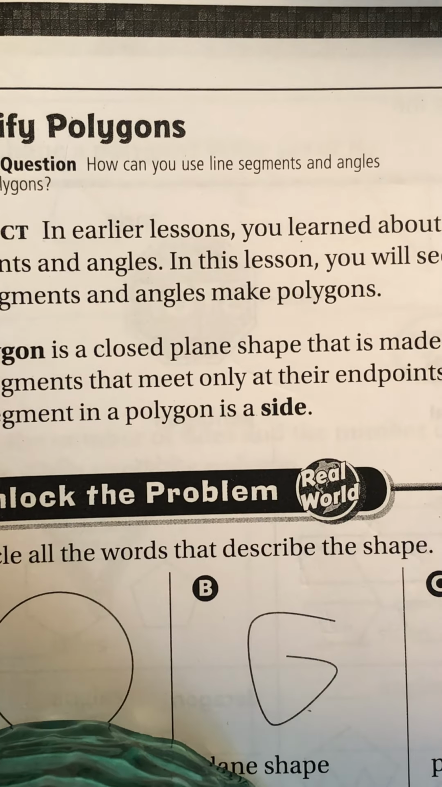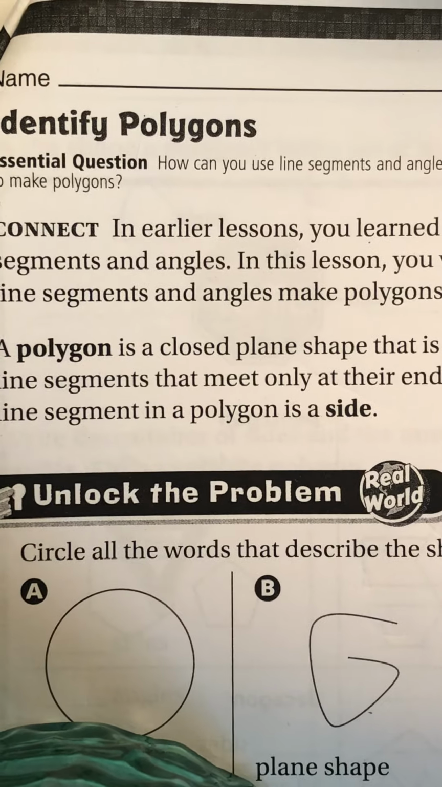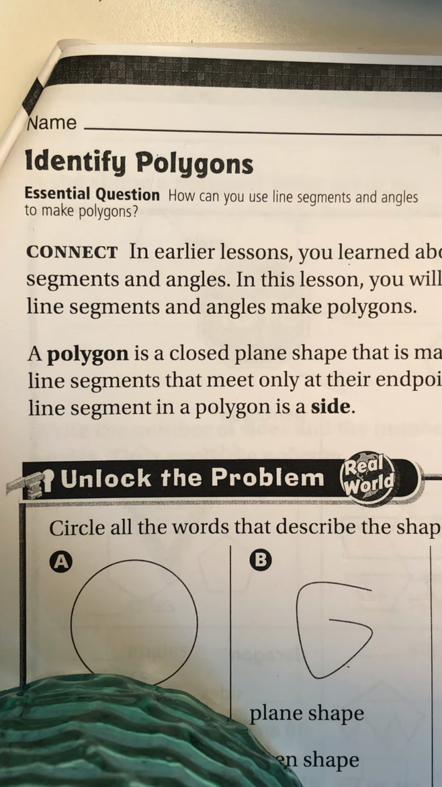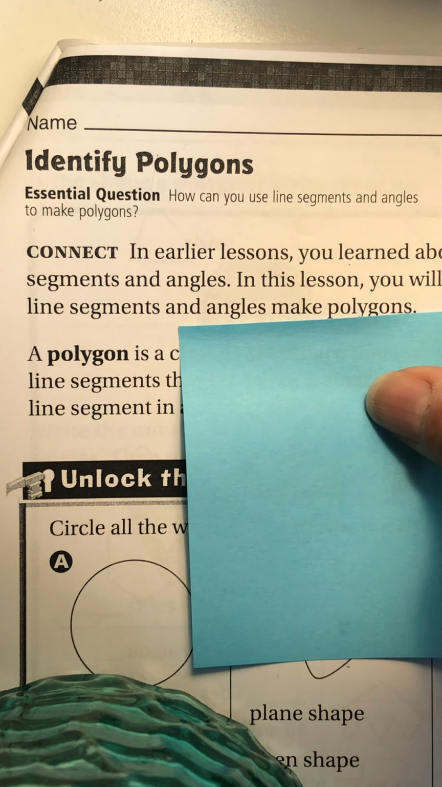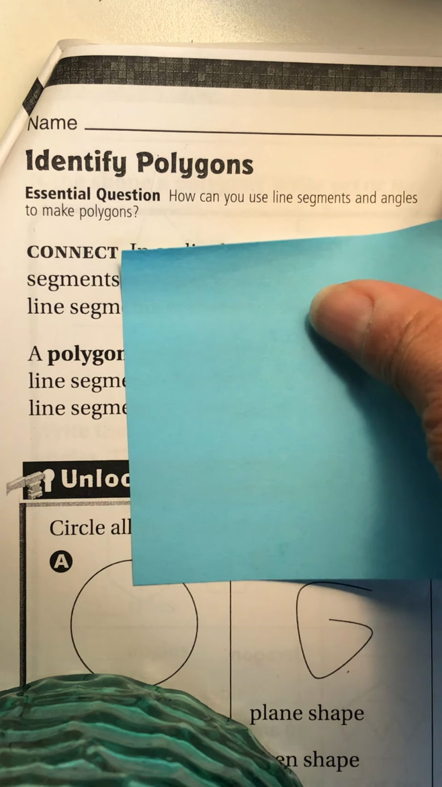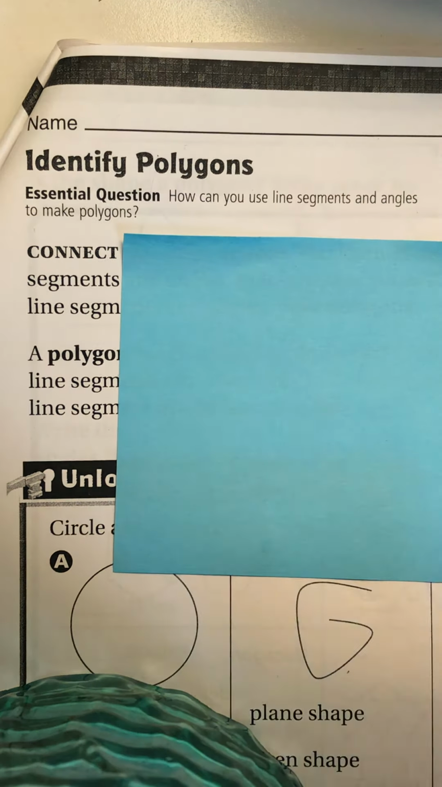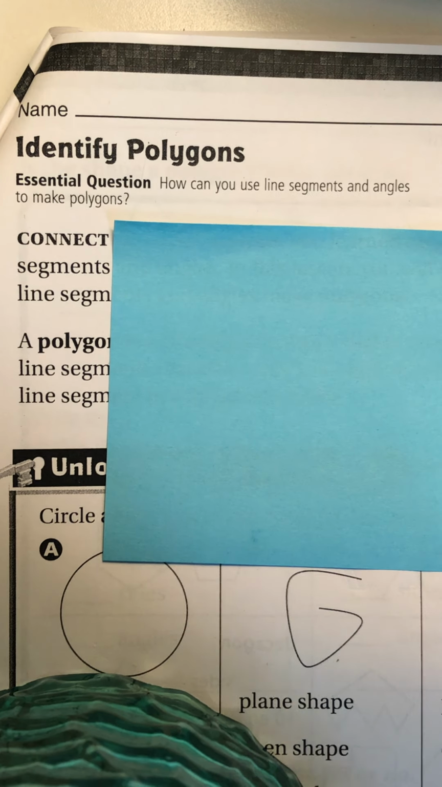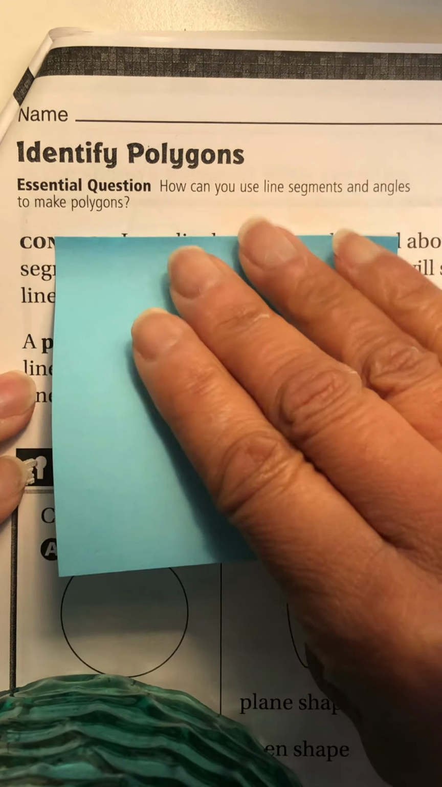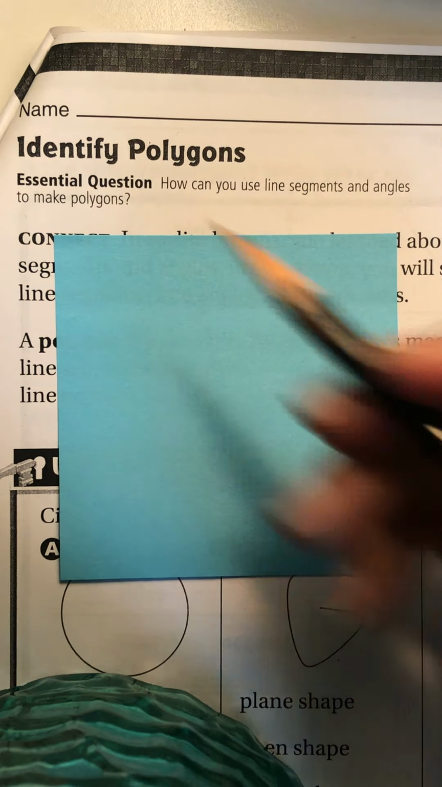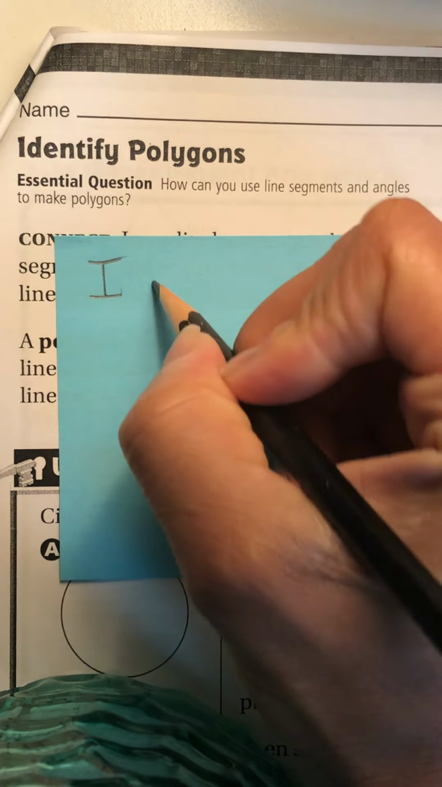So if you look at the essential question, it says, how can you use line segments and angles to make polygons? So that is going to be our learning target, okay? So let me just write that, and I'm going to change it to our learning target, okay? So we're going to change it and say, I can